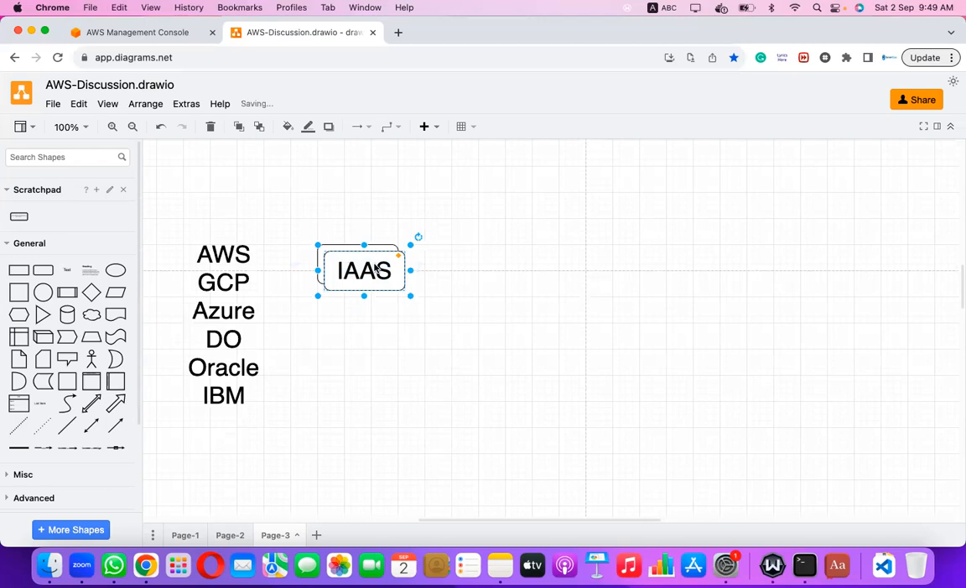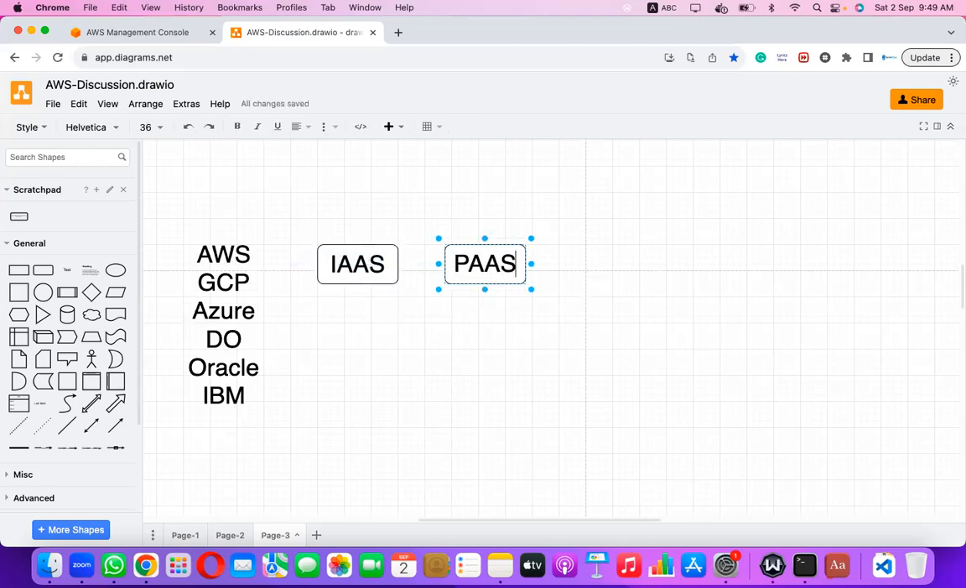Second one is known as PaaS, and third one is known as, what is third one, guys? Software as a service. So these three kinds of offerings, these platforms, we can access on AWS, GCP, Azure, DigitalOcean, or any other